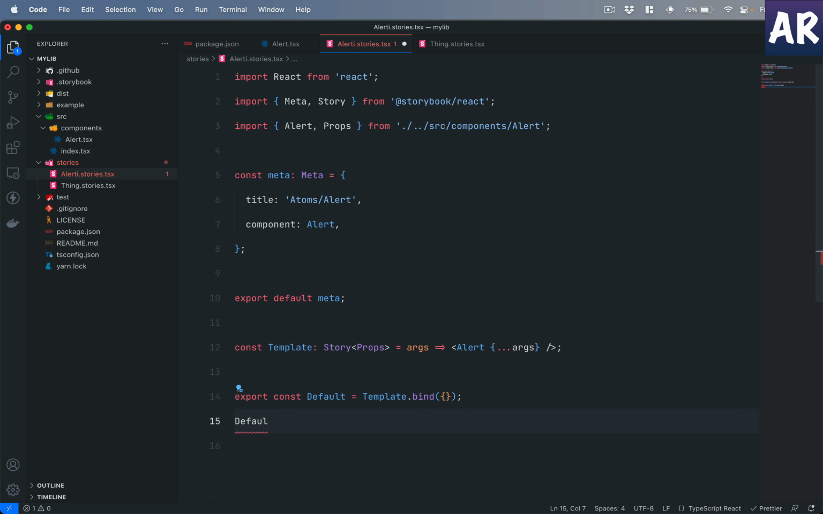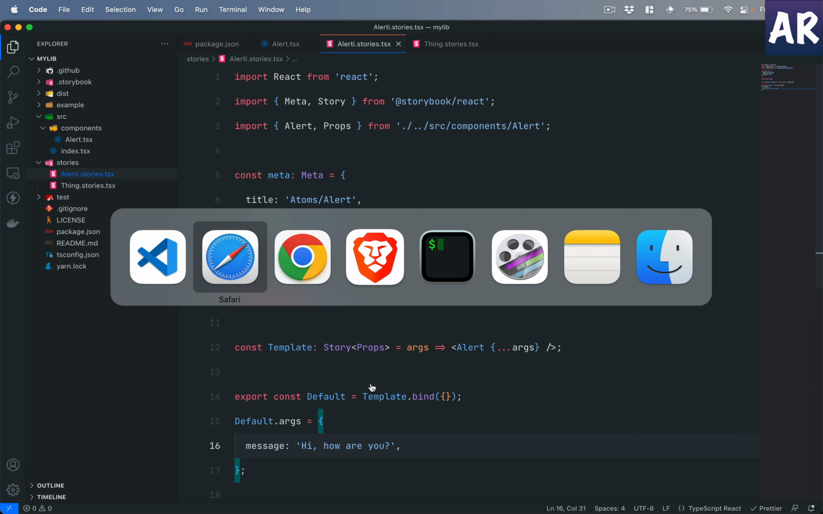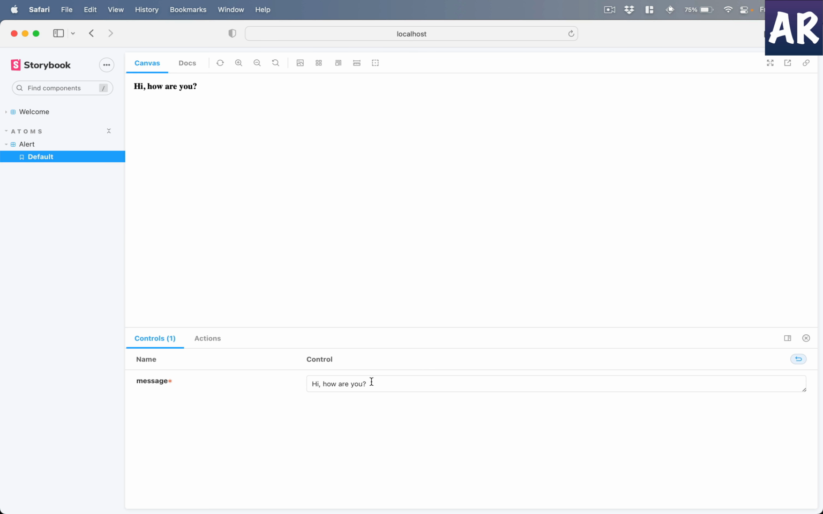dot args is an object where I think message, that's how it is passed, right? Yes, default dot args. So if I do this, can you see now it is changing? So our alert is visible, although it looks horrible because Tailwind is not configured. We will do that, but can you see that this message is also available, and I can do hello world